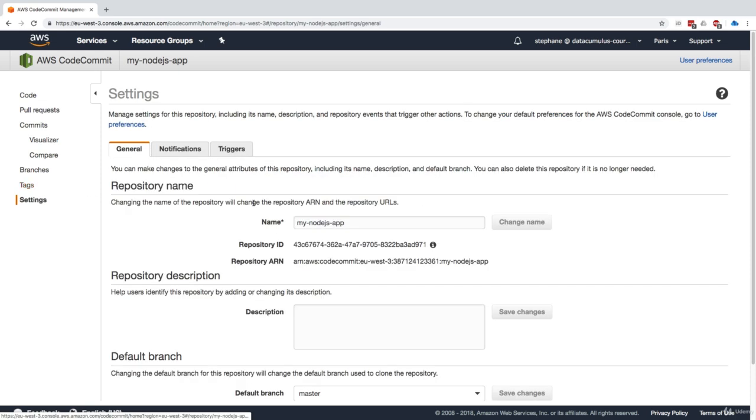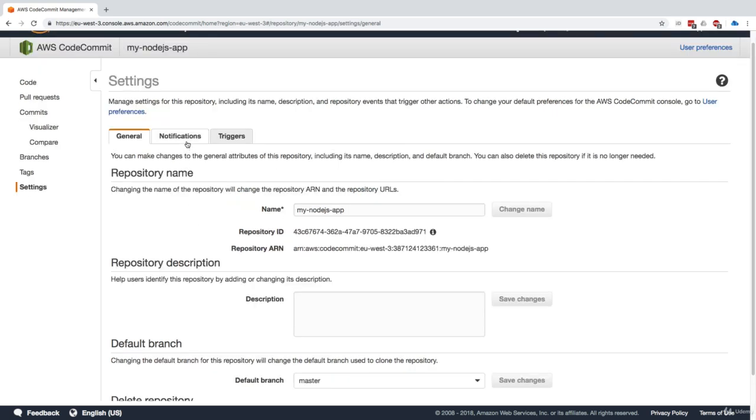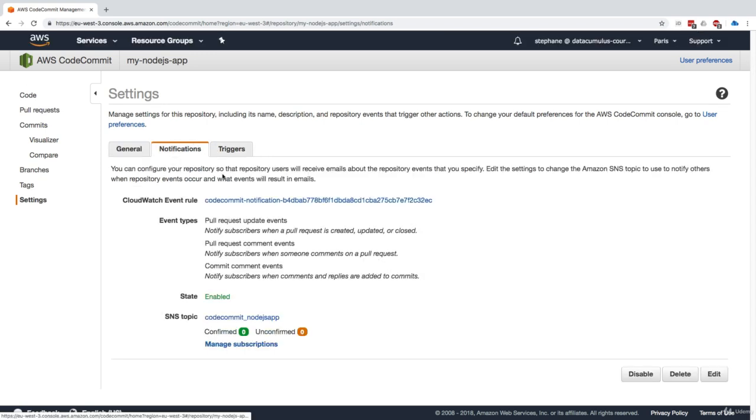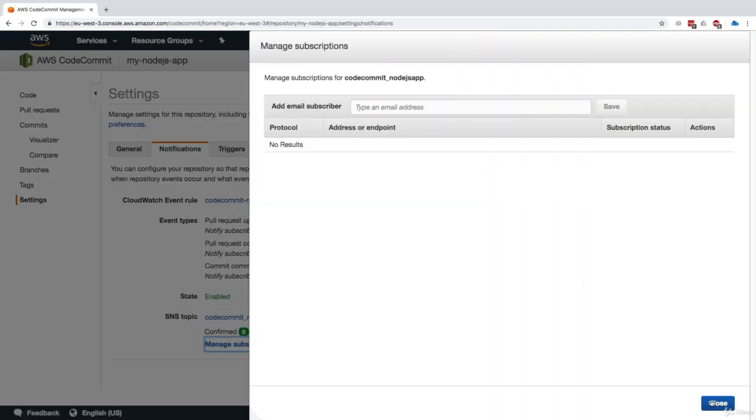And then finally settings, and this is the more important thing. Here we can edit the repository name, but as you can see, the repository gets an ID and an ARN, Amazon Resource Name. What we can do here is look at these two most important tabs. The notification tab is going to be the CloudWatch rule we just set up in the first prompt. We can see that there's a rule right here for CloudWatch, and it reacts to all these event types. It's enabled, and it will push these events into an SNS topic on which we can manage the subscriptions and add an email address if we wanted to.